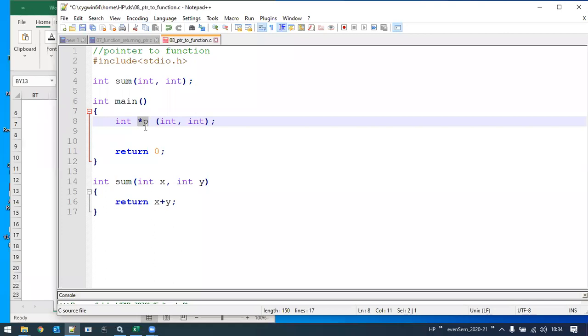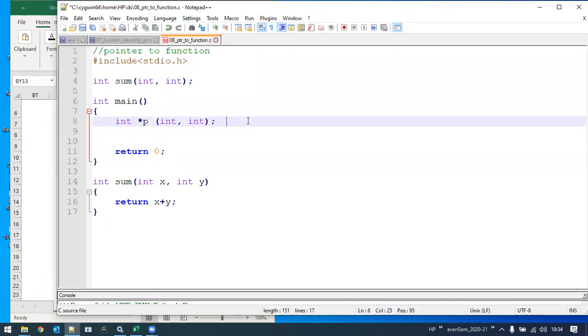It is not a pointer for a simple variable, but a pointer for the user defined function, by specifying its features, that this pointer is going to point to a function which accepts 2 parameters, that is int and int, and which returns an integer value.